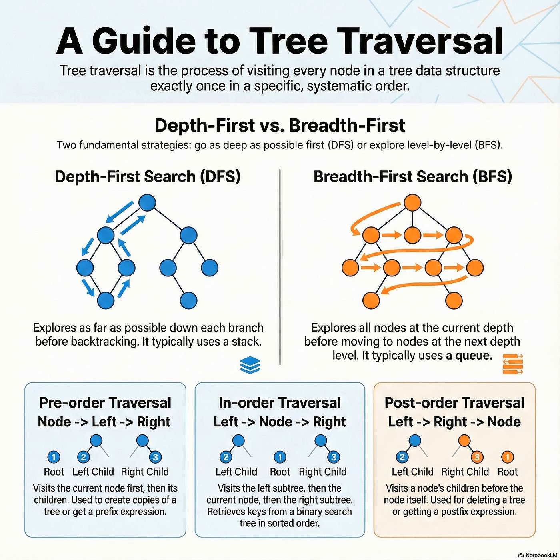The node is visited last after its children. Postorder is like the cleanup crew. It's what you'd use to safely delete a tree because you have to free the memory of the children before the parent. Oh, that makes sense. And just as importantly, it generates the postfix representation or reverse Polish notation. RPN is vital for stack machines because, like the prefix version, it makes complex calculations much simpler for a computer